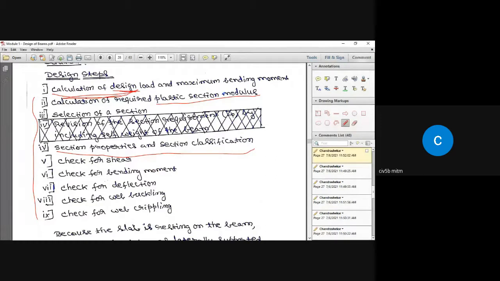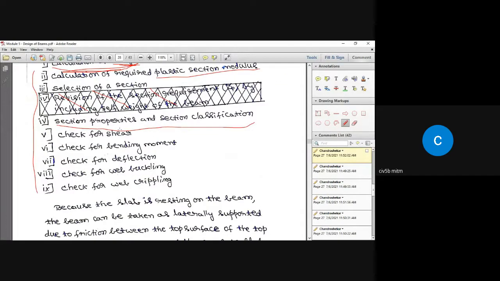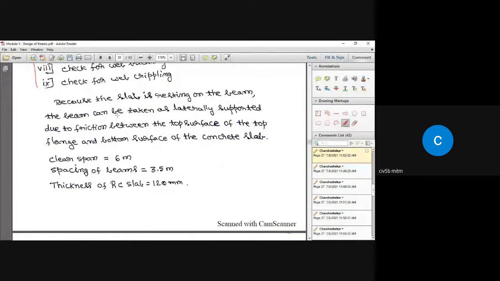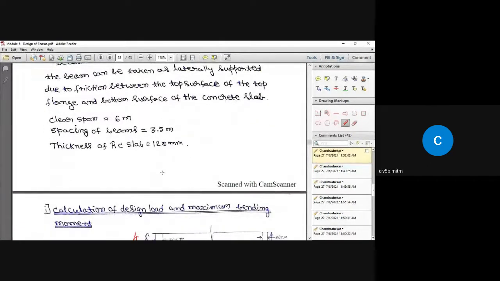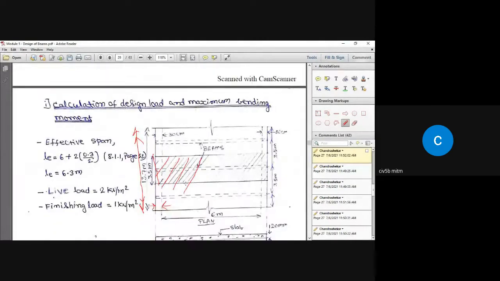Okay. Here, if you look, step number 4, I have drawn some scratching lines. Within that, it says a revision of the section requirement by including self-weight of the beam. Here, I have not done the revision of the design, because to start with, I have assumed the self-weight of the beam. So, you will see soon what it is. Again, here the beam is assumed as a laterally supported beam. Let us come to this.